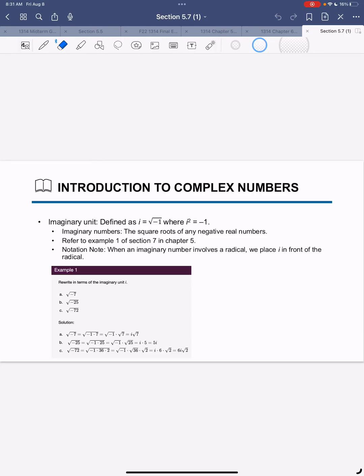We're introducing the complex numbers, and we're going to start by taking a look at our imaginary unit here, which is defined as i equals the square root of -1. So anytime we take the square root of -1, we're going to get i. Root -1 will always equal i. Well, because the square root and a number squared is the inverse operation, that would imply that i squared equals